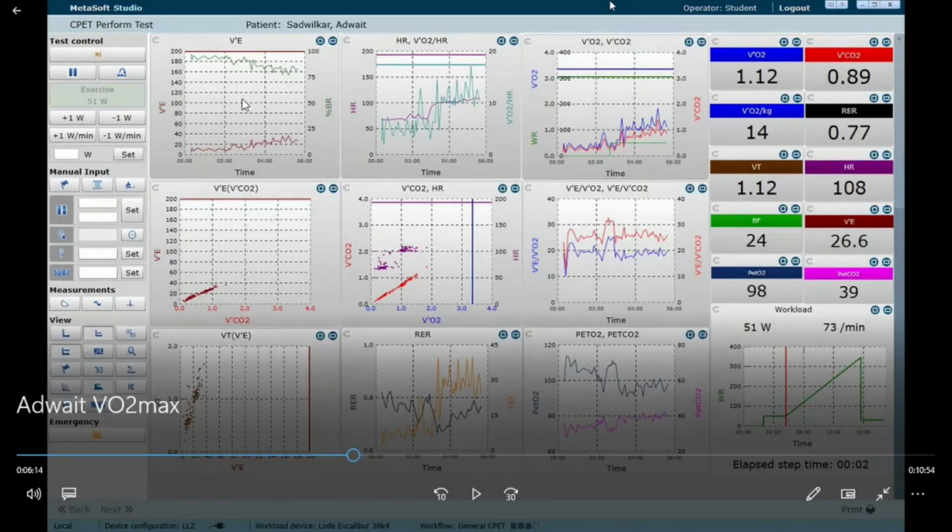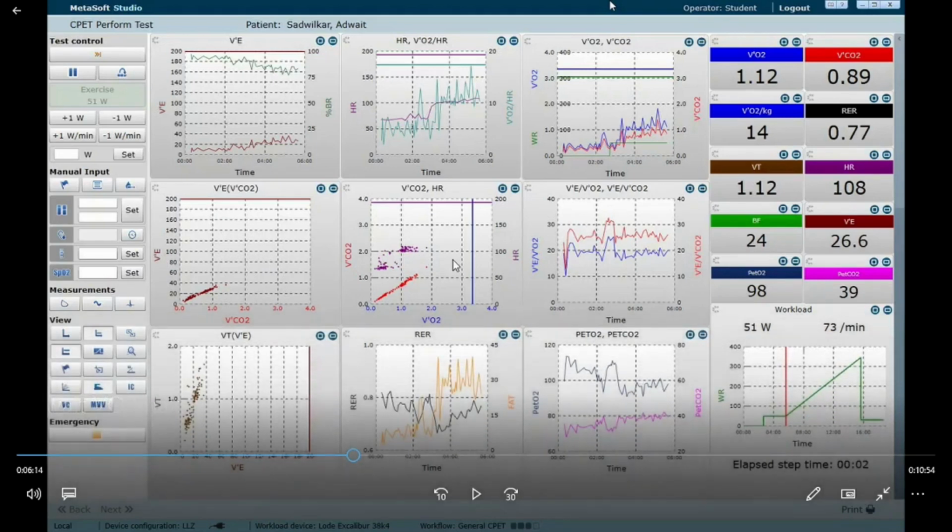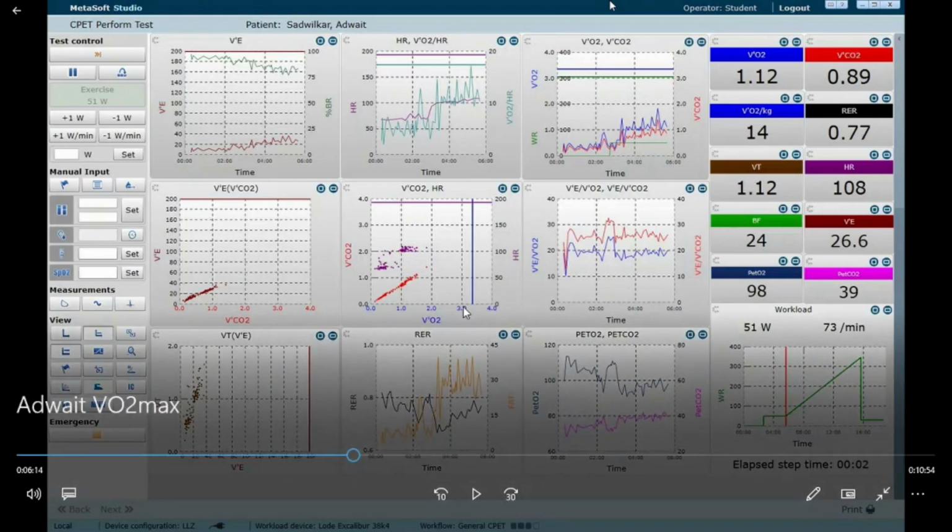The first panel is ventilation over time, second panel is heart rate over time, the third panel is VO2 and VCO2 over time, fourth panel is ventilation and VCO2. So there's no time component in the fourth panel, and the same for the fifth panel, but the x-axis is VO2 and the y-axis is VCO2.